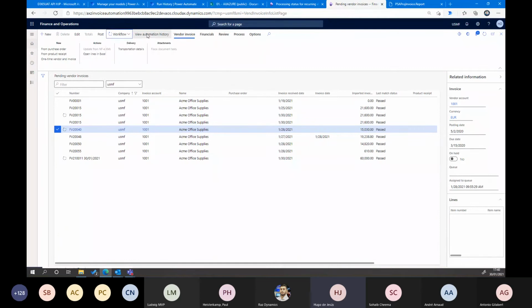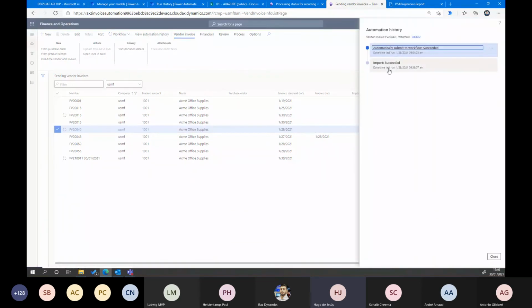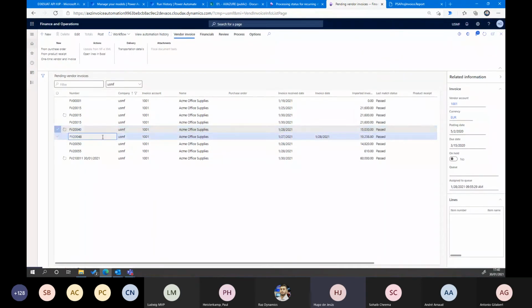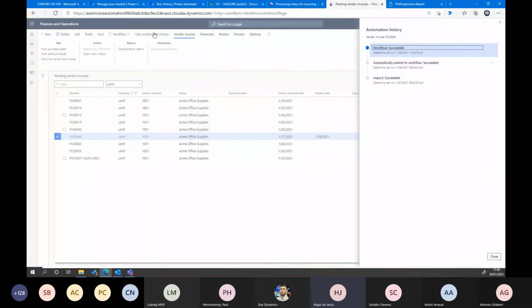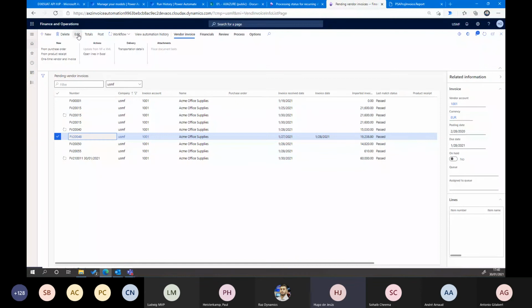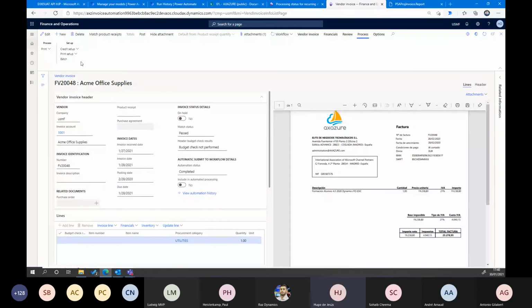Okay. In this case, as you can see in Vendor Automation history, this is not the one, this one, sorry. Okay, if the workflow succeeds, you can edit and modify.